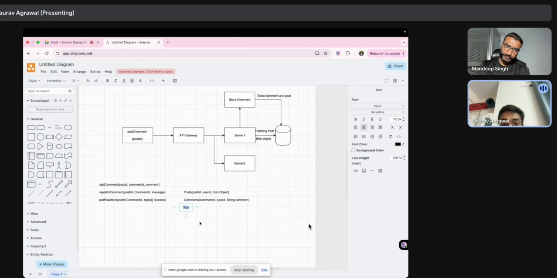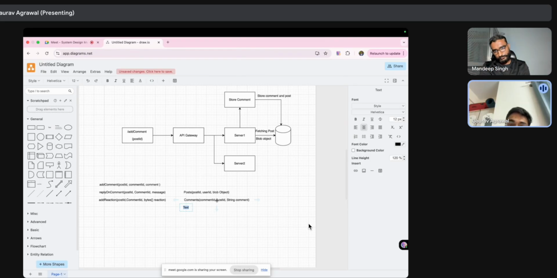I am thinking to create one more table for storing replies, because one comment could have multiple replies. If I store the replies in the same comments table, it could lead to data redundancy, because we would have to create multiple rows for the same comment if there are multiple replies.